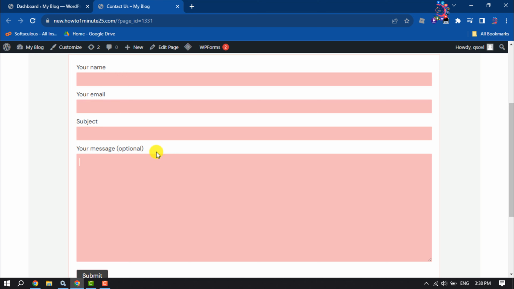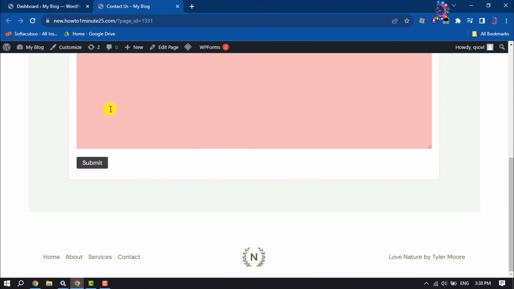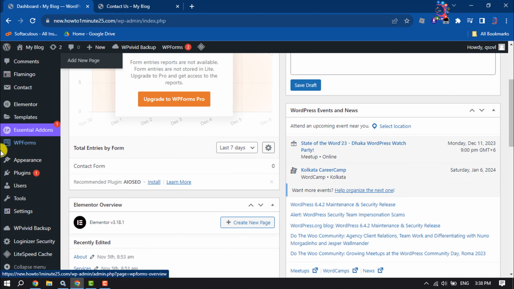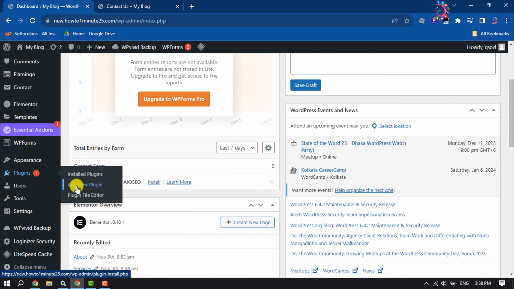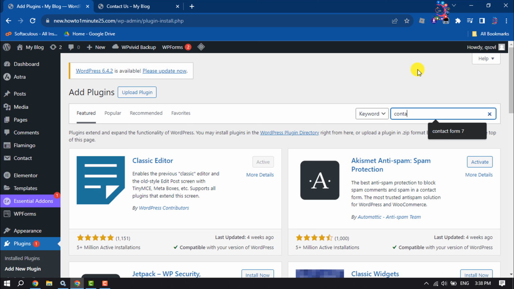As you can see, I've created a contact form using Contact Form 7, and here I want to add PayPal payment method. First of all, log into your WordPress dashboard and go to the plugin section and click on Add New Plugin. In the search plugins box, type here Contact Form 7 PayPal,